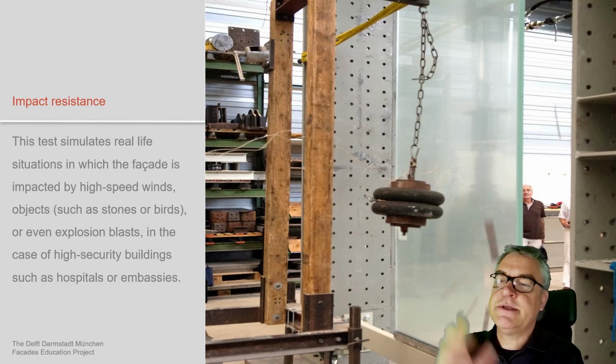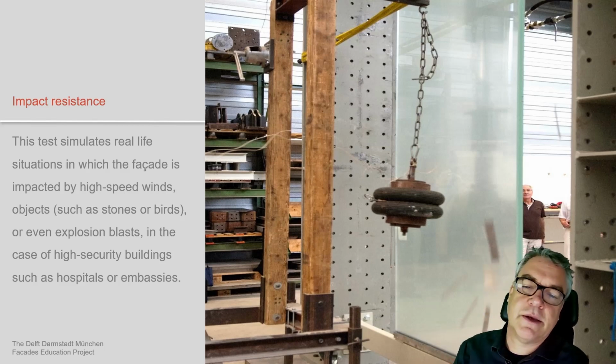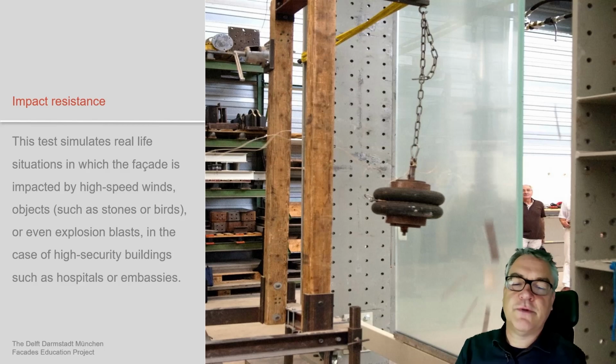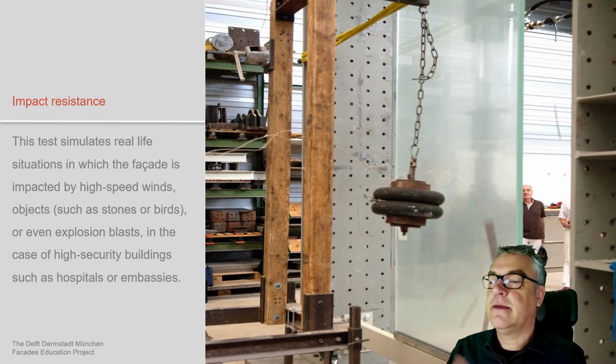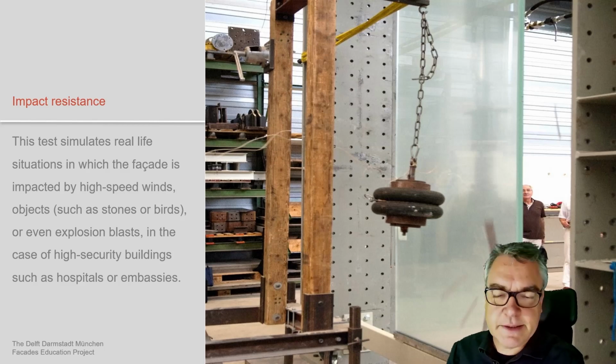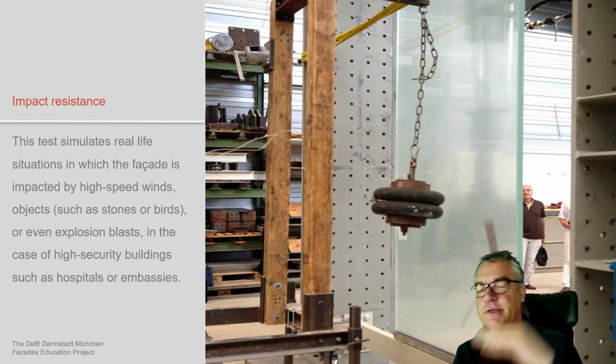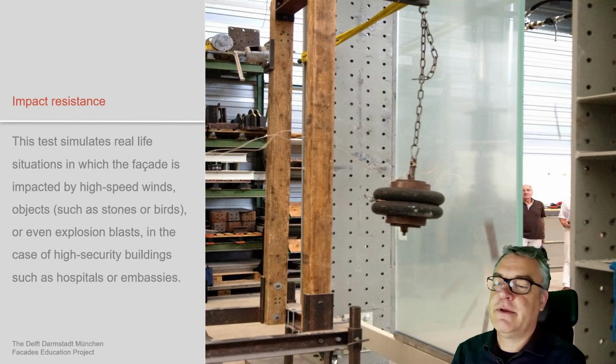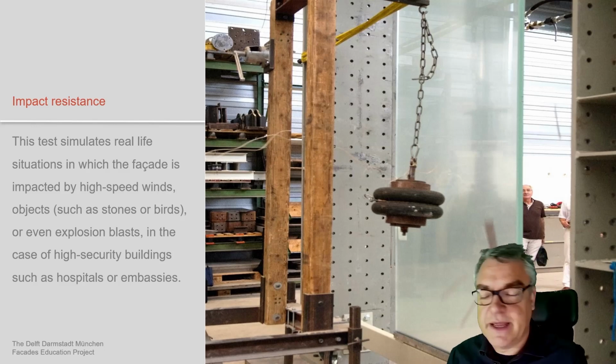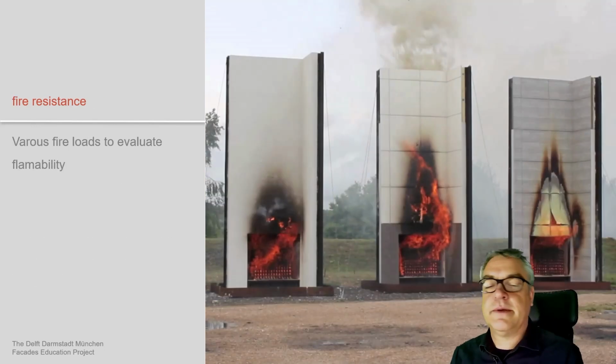And then the impact resistance testing. This is a soft body impact resistance test for glass, for example. You see that device hanging on a chain, bouncing into the facade, mimicking the high-speed wind impact, or an object such as stones and birds, as it says here, or us as a person, a 100-kilo impact at a certain level to the structure, to see if the structure itself still withstands the forces happening.